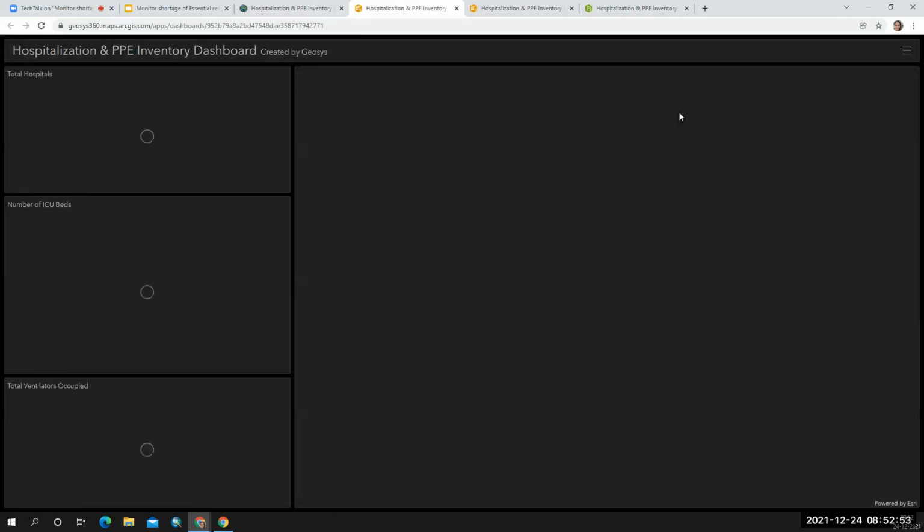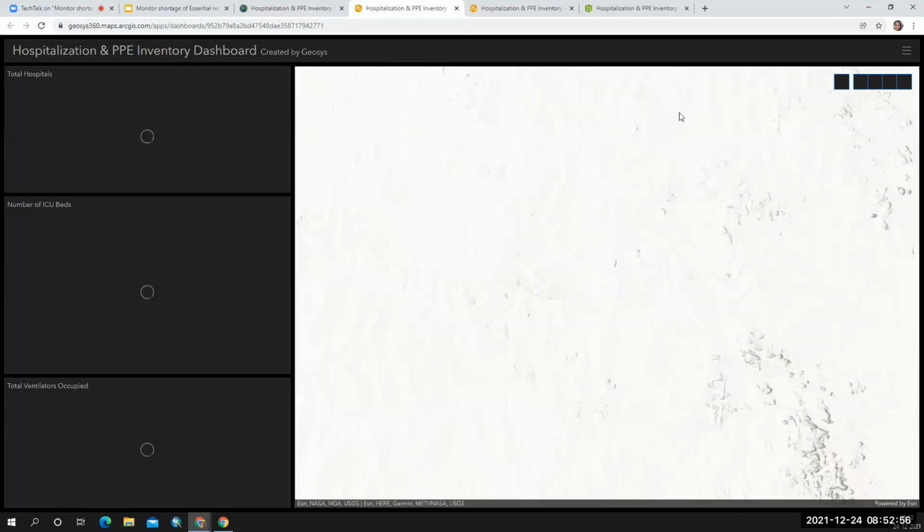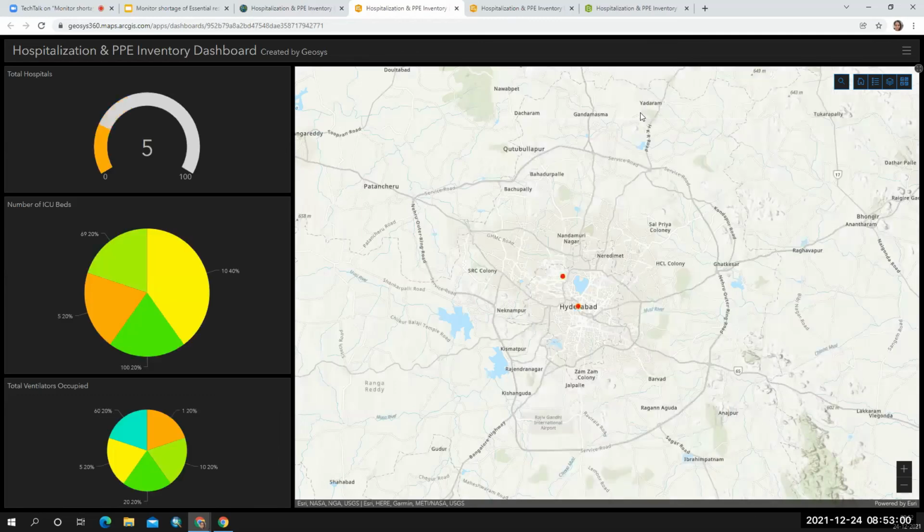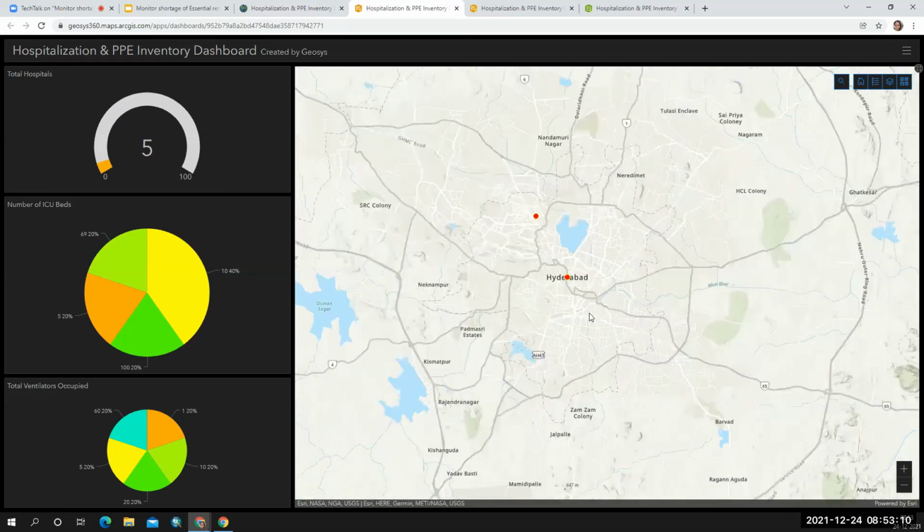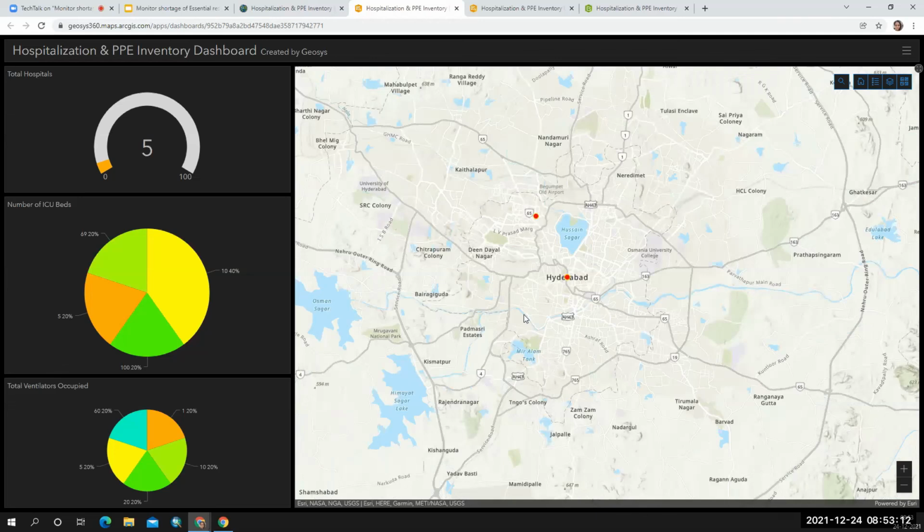And this could be seen by the people in the hospital. The management would be able to see, and they'll be able to judge like how many ICU beds are available in each hospital. We'll be able to see that information here. And by this, you can actually identify like what kind of shortages do we have in a particular hospital, and based on that, they can order for a new inventory.